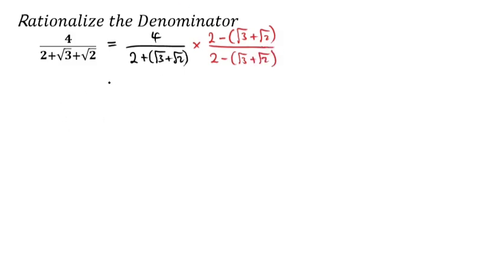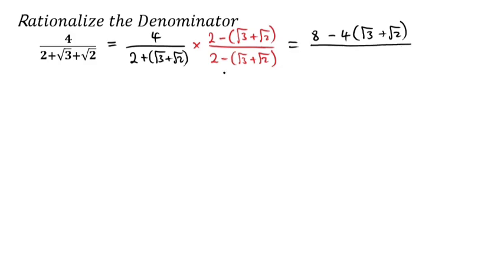So now I can start the multiplication. So 4 times 2, in short we're saying that this 4 is multiplying everything there. So 4 times 2 will give us 8. Then 4 multiplies that bracket, so I'll just leave it as 4 multiplied by root 3 plus root 2